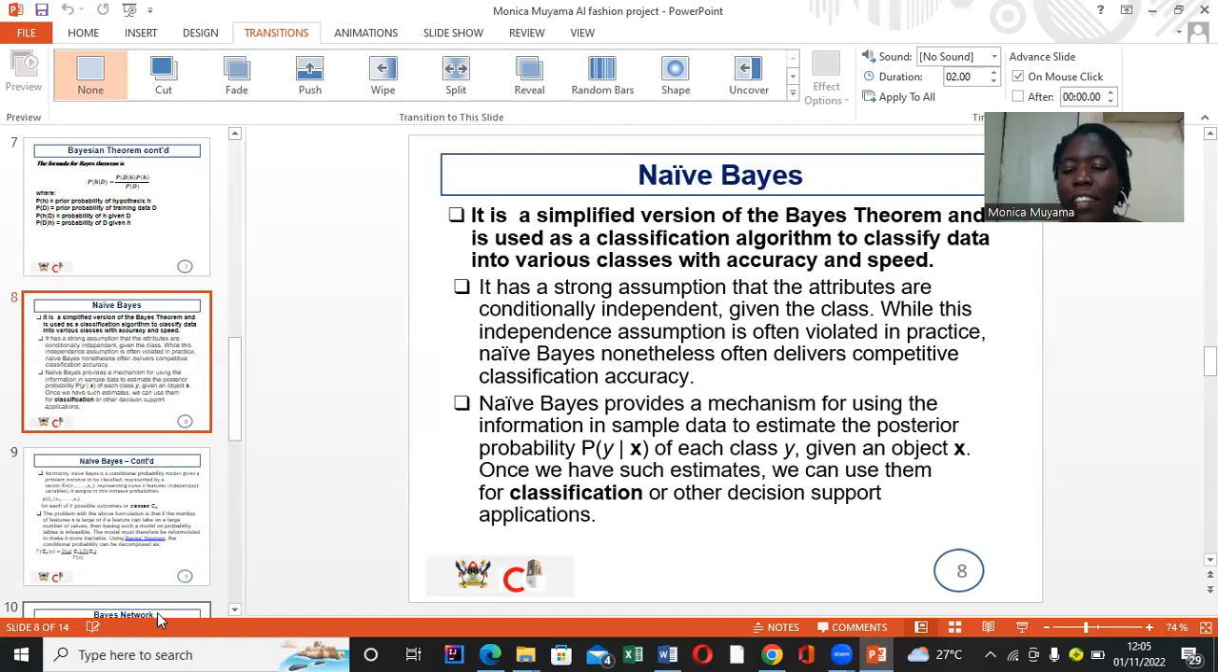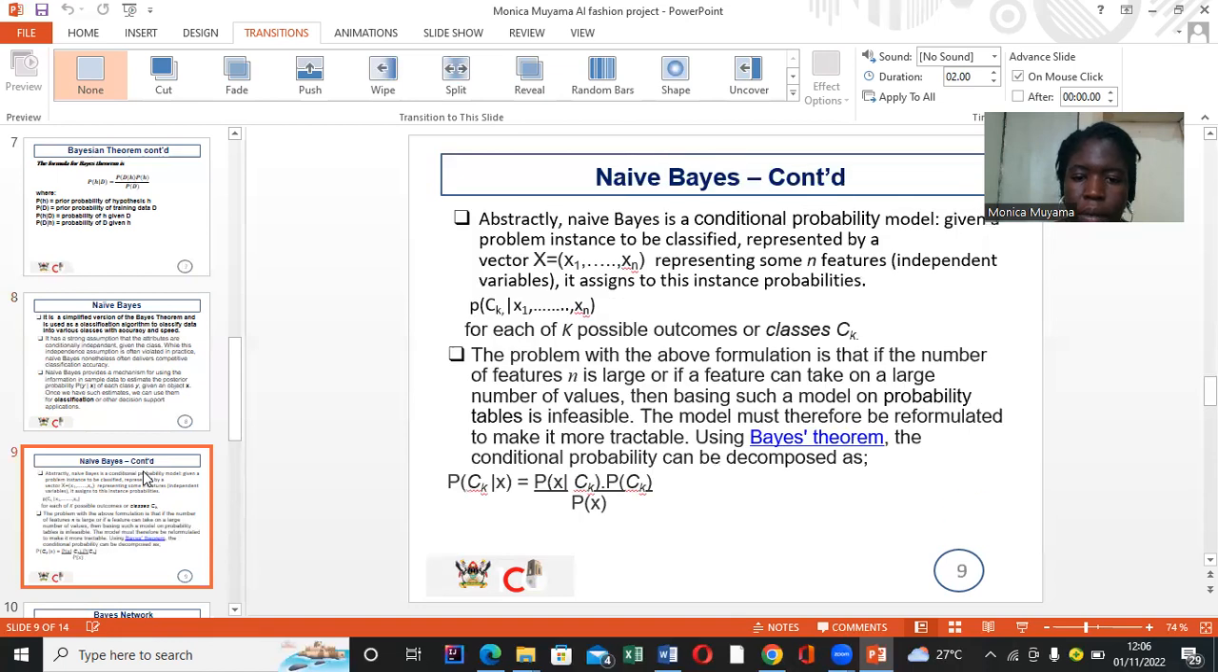Naive Bayes provides a mechanism for using the information in sample data to estimate posterior probability, that's probability of y given x, of each class y given an object x. Once we have estimates, we can use them for classification or other decision support. Abstractly, naive Bayes is a conditional probability model